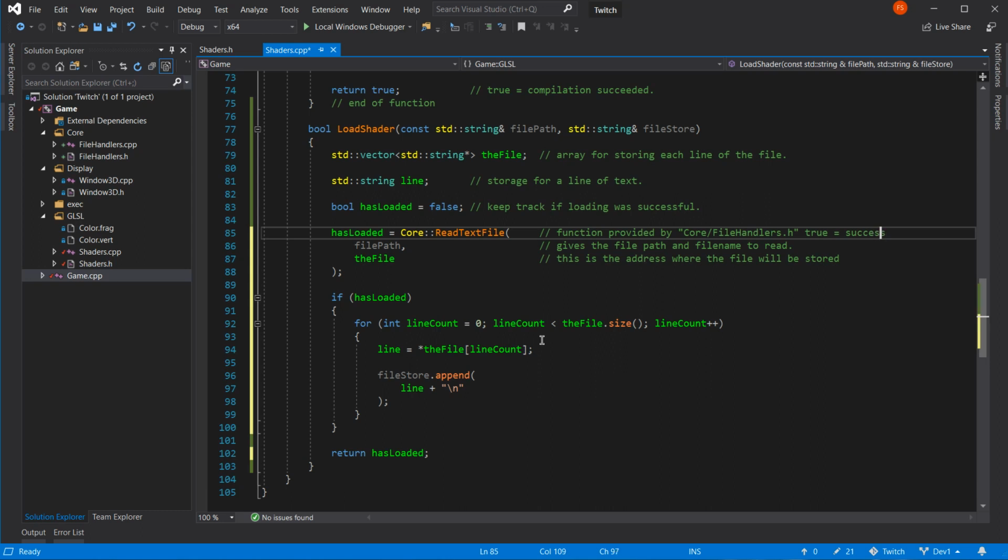There we go, I'll just add that to that line because I've forgotten to add it. Don't need that much space. So here it's pretty obvious what we're doing. Check to see if the file was loaded correctly.